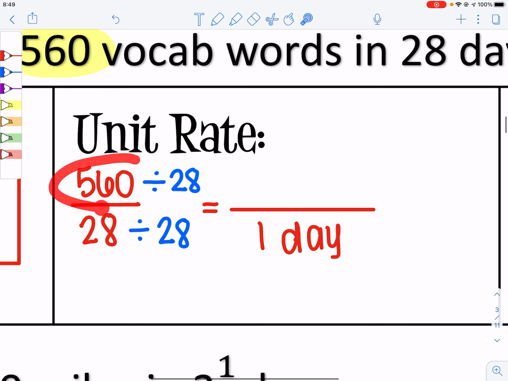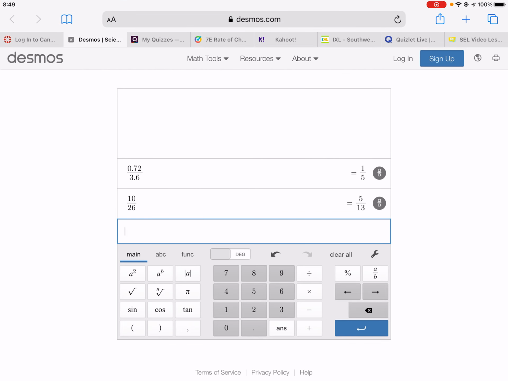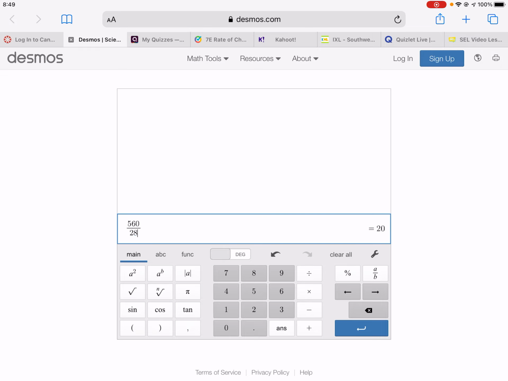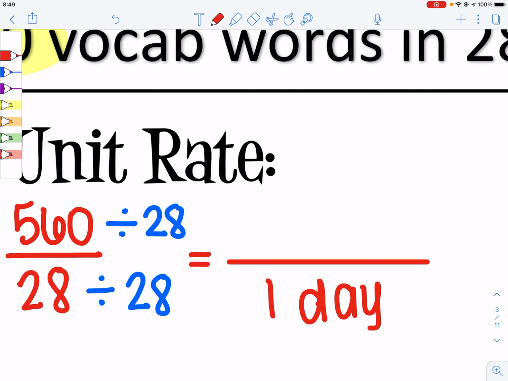And then my top number, I have to do this. So just open up your calculator. I need 560 divided by 28. So let's do that. 560 divided by 28 gives us 20. So then my unit rate is this: 20 words